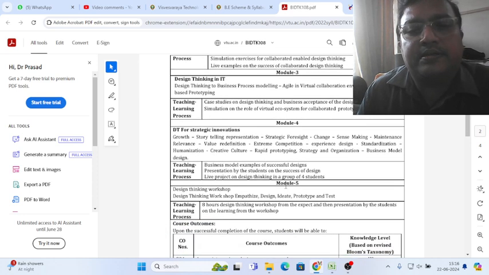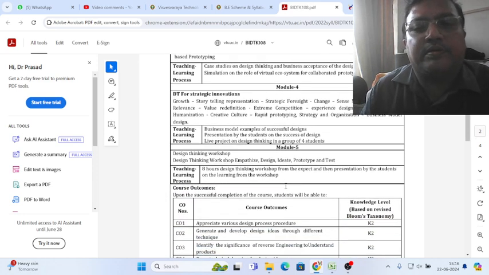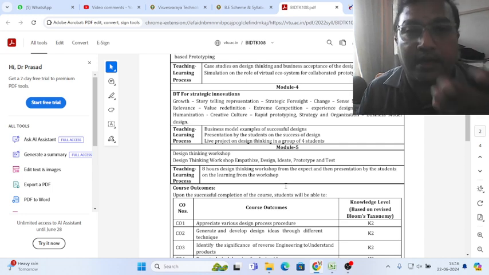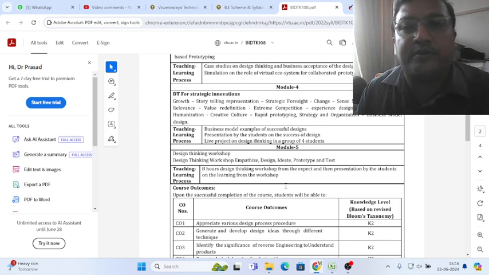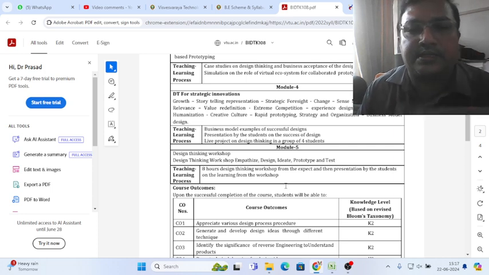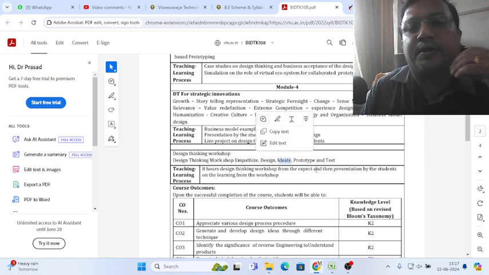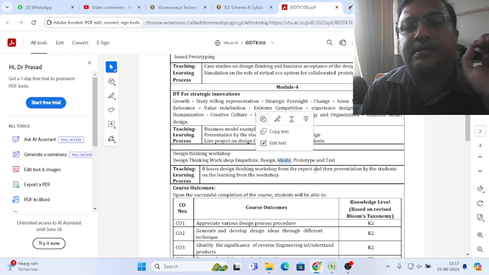Then, in the next hour, I made them have a discussion on the product again. They need to add additional features and decide how they are going to implement them in their product. That is called the ideation stage. They have to develop ideas. Again, group discussion happened among the friends, the company team which I made. Based on the discussion, they completed the ideate stage and suggested how the new additional features can be added to the existing product.